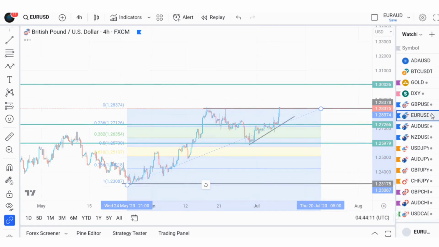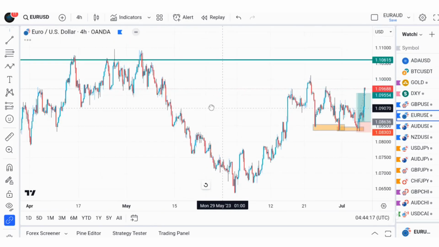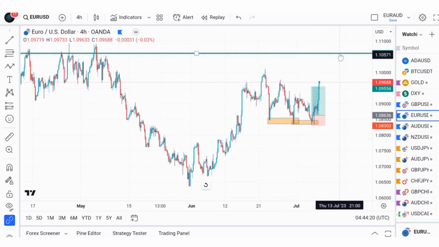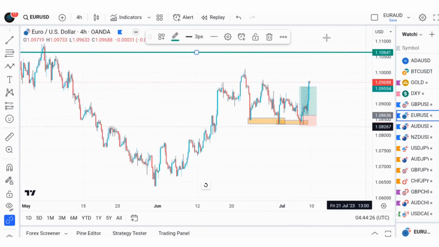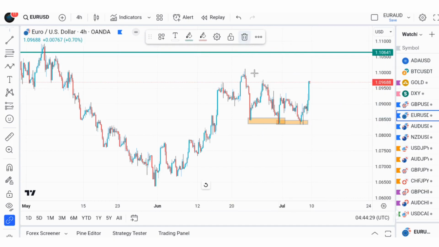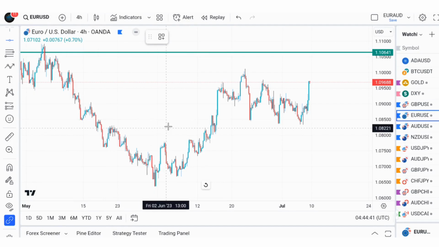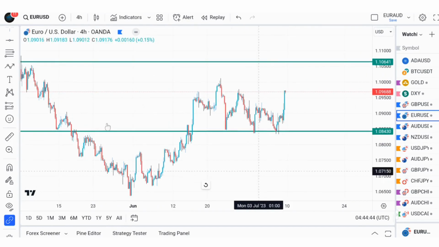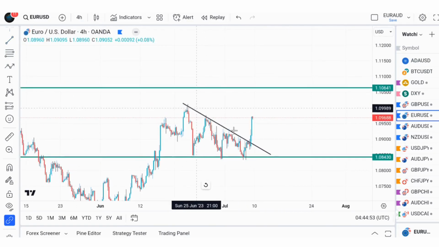So the next pair we want to check is euro US dollar. For euro US dollar too, I'm looking for more move to the upside, and this is my target area. This was entered last week, and we hit take profit at a particular level. So let's eliminate this and see what is going to happen. Here we have indicated this as a support level, and it holds right there. And if you check this one too, we have the break of this trend line at this area.